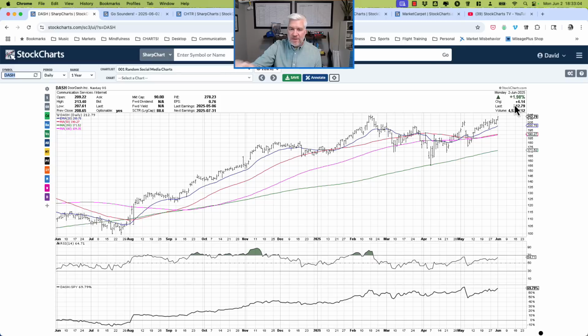The second basket of stocks or types of charts that I found come up on the screen are stocks that are just breaking out or nearing a breakout point. These are the kind of stocks that I'm monitoring because I'm probably looking to get in when we break to a new high, because that would confirm that this uptrend phase is in good shape. Maybe I bought earlier for some reason. Maybe when it first comes up on the screen and pulls back, I think of that as an interesting entry point. But at any rate, I'm probably very interested in the fact that DoorDash is very close to making a new 52-week high, most likely a new all-time high,